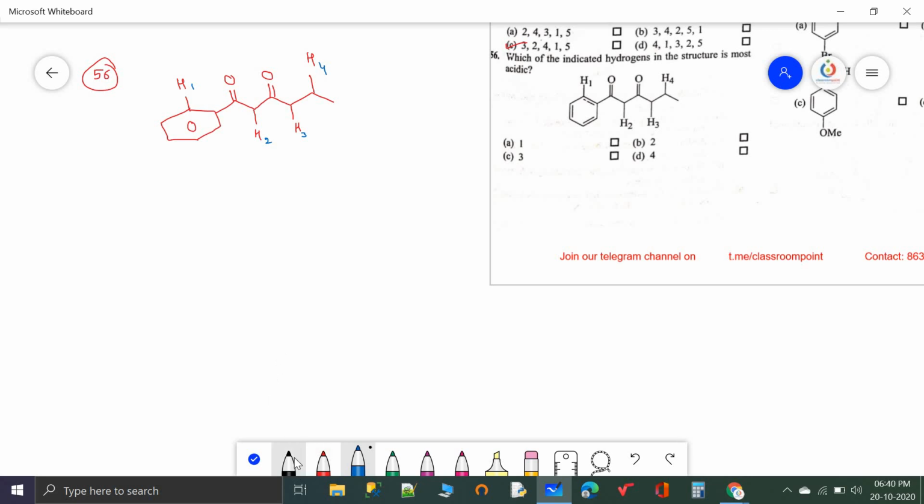Earlier, in one example, I had said that sp2 and sp carbon hydrogens are more acidic than the others. In this case, you can see this is an sp2 hybridized carbon. Here it is an sp3 hybridized carbon, here also sp3 and here also sp3. So let us compare the acidic nature of these sp3 carbons first. This sp3 carbon is connected to another sp3 carbon. An sp3 carbon is not an electron withdrawing group here. So this is out of the order.